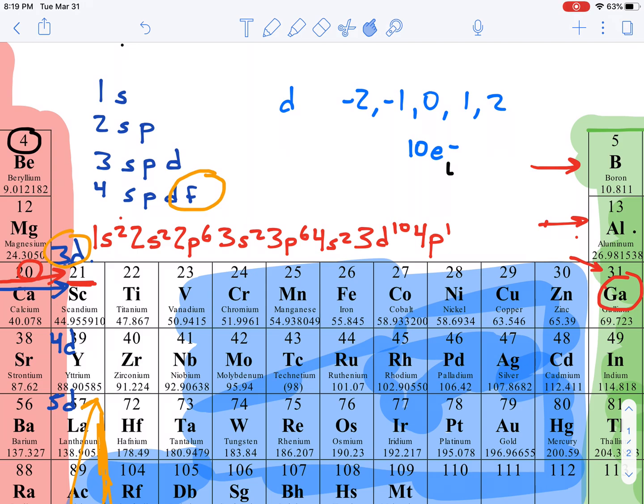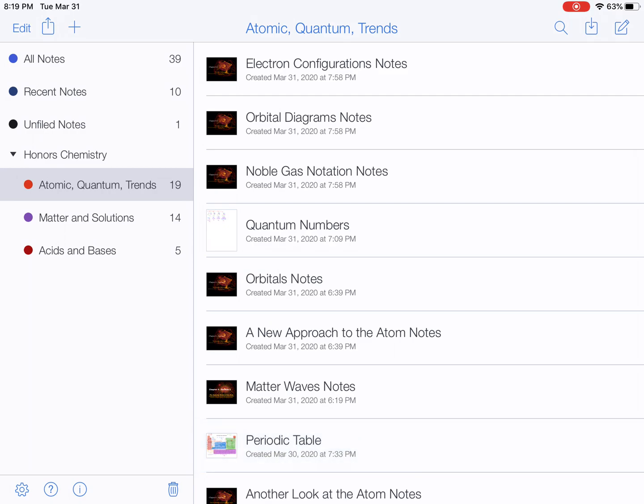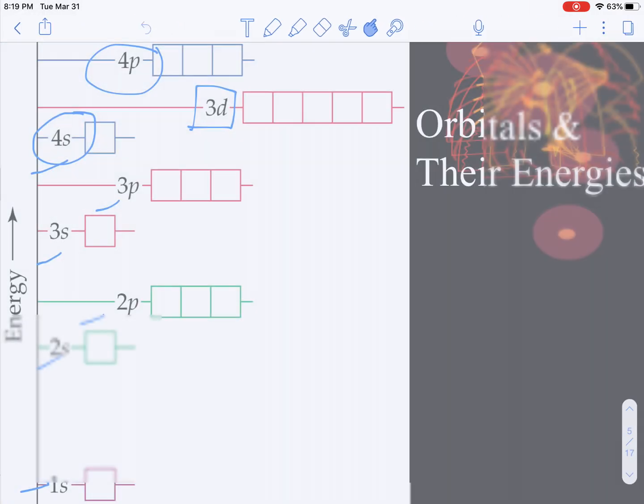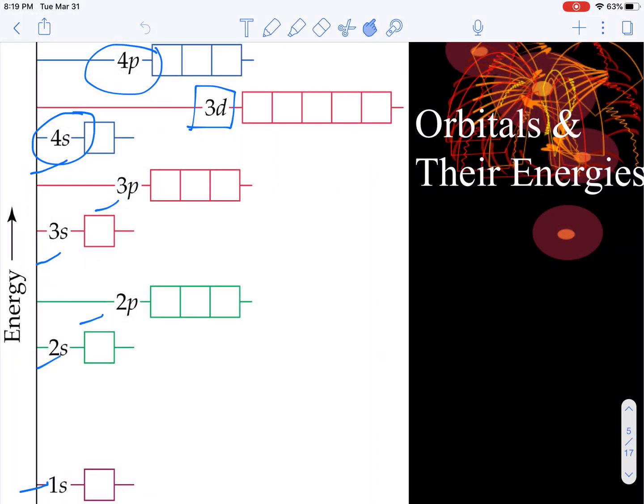Now let's also back up really quickly to this page where we were before, and notice, I kind of glossed over this earlier, but check it out. It turns out that 4s,